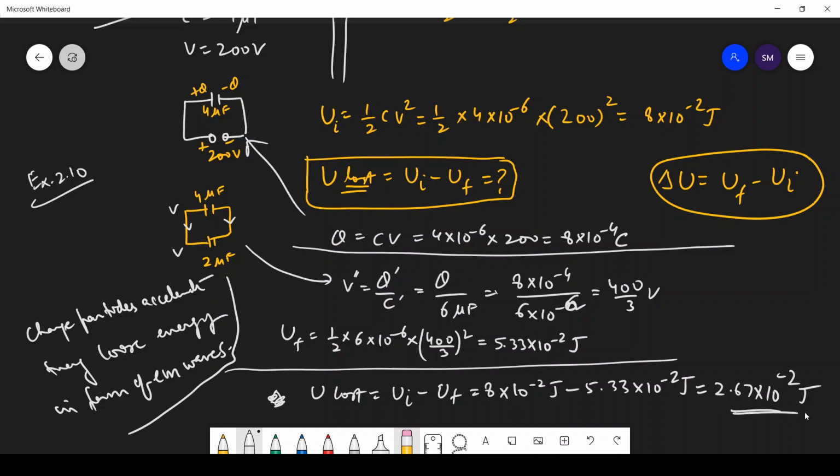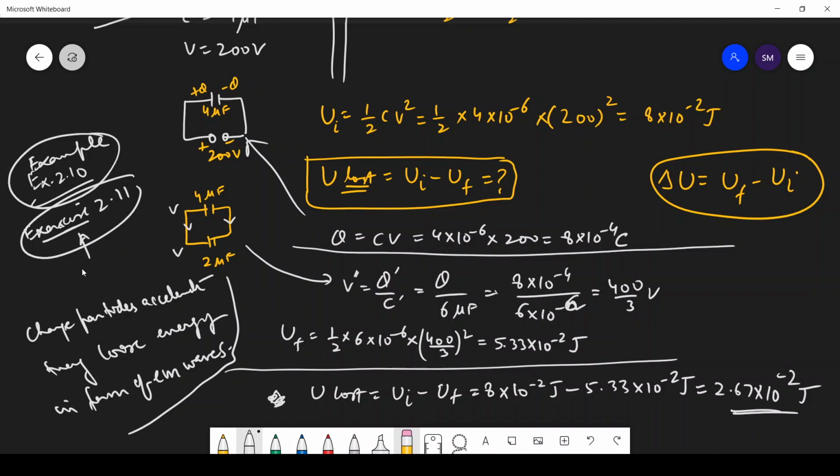But students, example 2.10 and one more NCERT question of the same type, that was exercise question 2.11, same exercise that we are doing. Exercise question 2.11 is also the same. They have the same capacitors. So see the last video, yesterday's video, and see how I have solved this question 2.11. That's important. Okay, so that's all for today. Thank you so much for